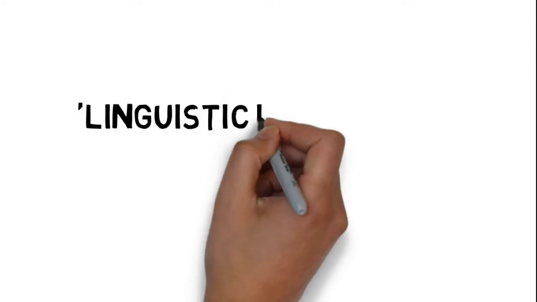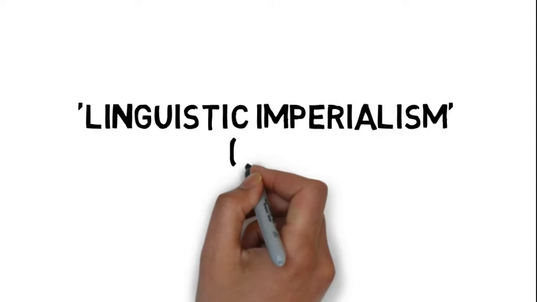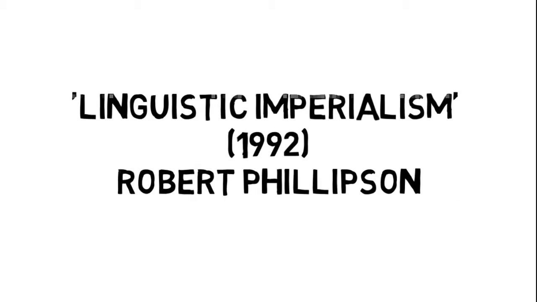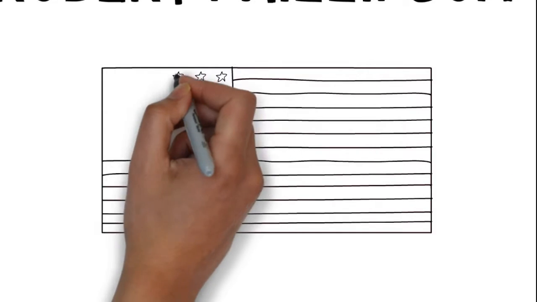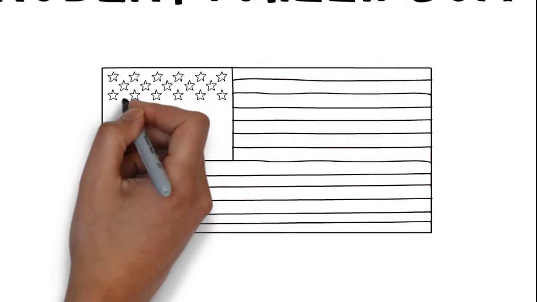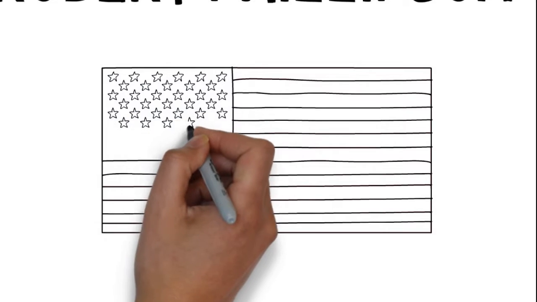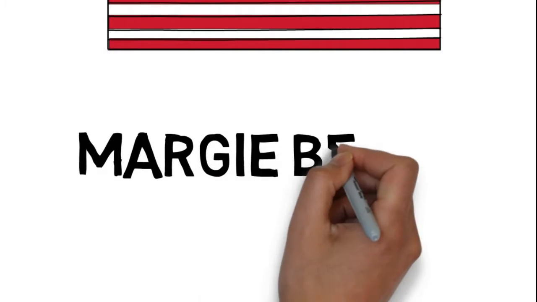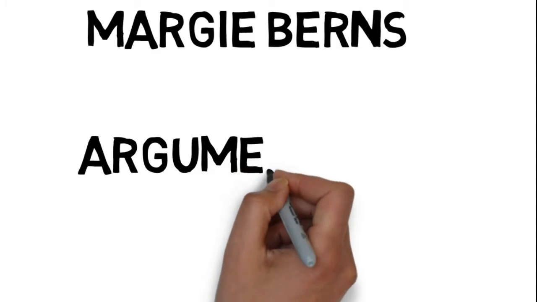To begin with, Controversies in Applied Linguistics turns around the notion of linguistic imperialism and starts with an explanation of how Robert Phillipson's book was read at an American university by the participants in a graduate seminar led by Margie Burns. Mainly from the point of view of its political implications, the focus of attention here is on the mode of argumentation, rather than the issues themselves.